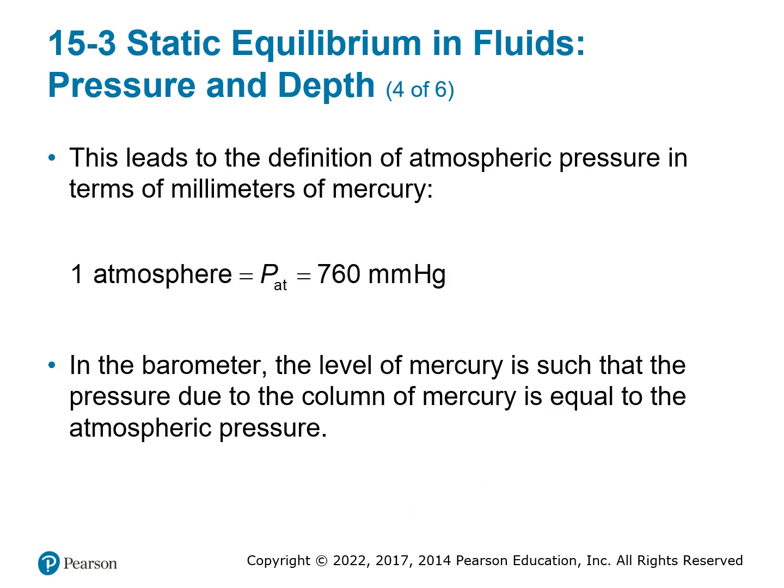So then you get another unit of pressure. If you did gas laws in chemistry, a lot of this is probably becoming very familiar again. So you have 1 atmosphere of pressure is 760 millimeters of mercury, mmHg. So in the barometer, the level of mercury is the pressure due to the column of mercury, and then that becomes equal to the atmospheric pressure.